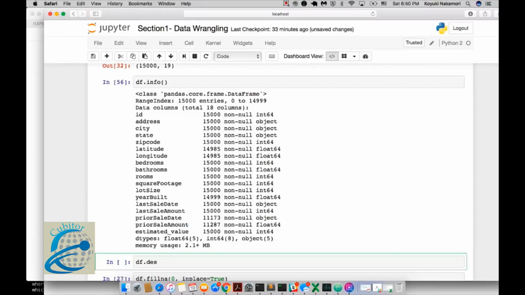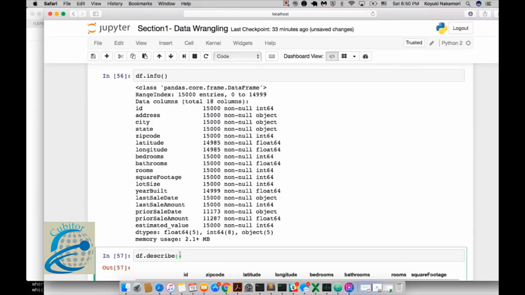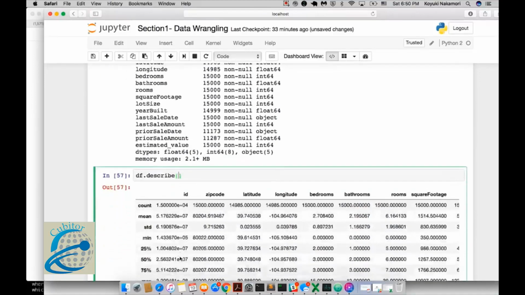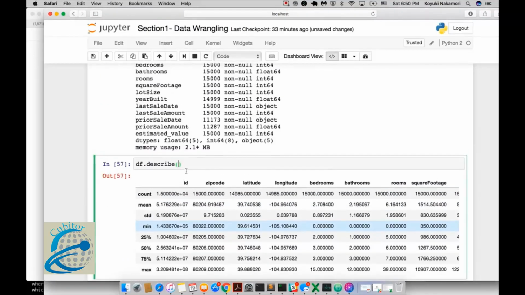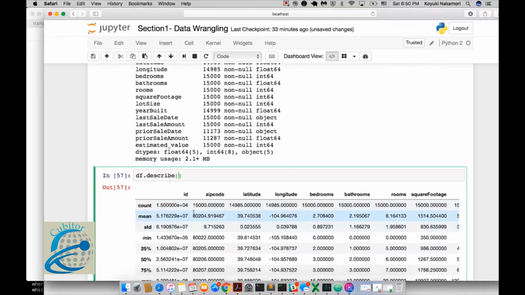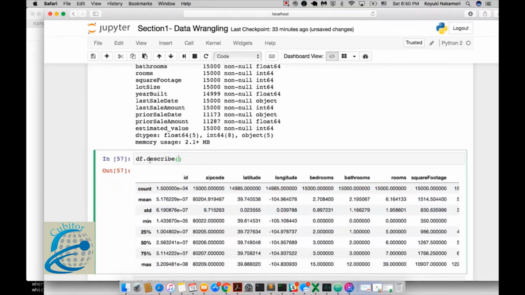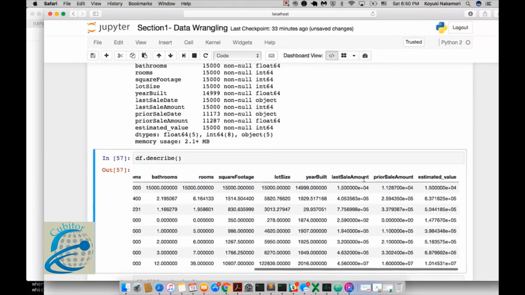We'll have ID, zip code, and latitude, all these numerical values. And then you can see the count, the number that are not null. And then the mean. What's the mean of ID? It doesn't really have any meaning for ID,